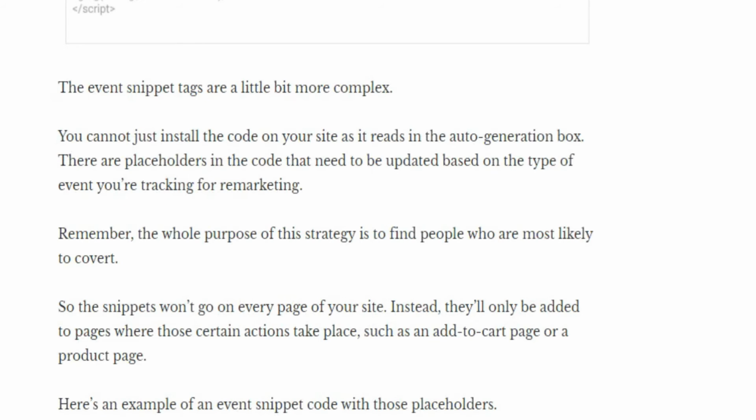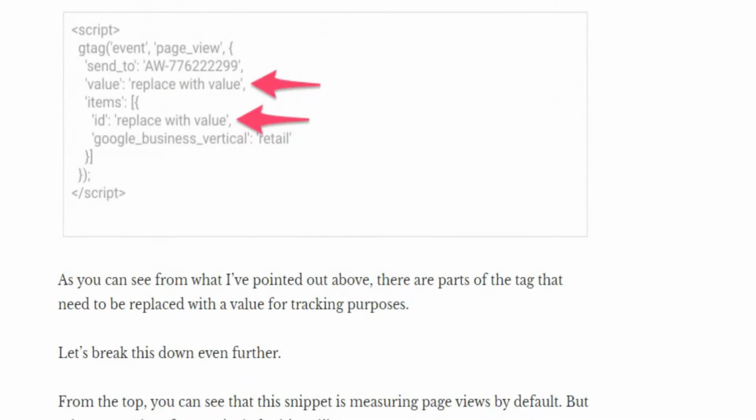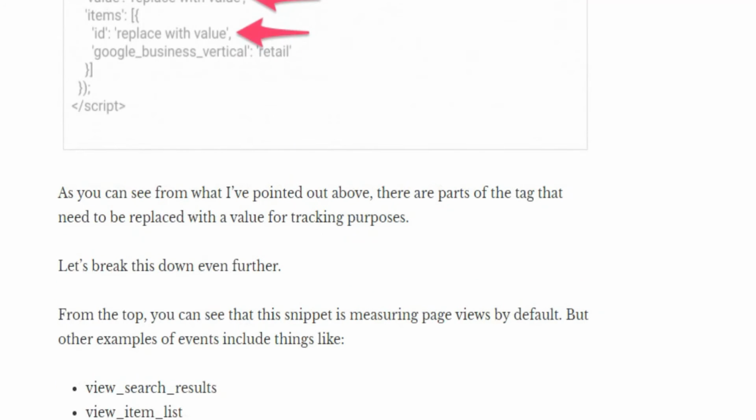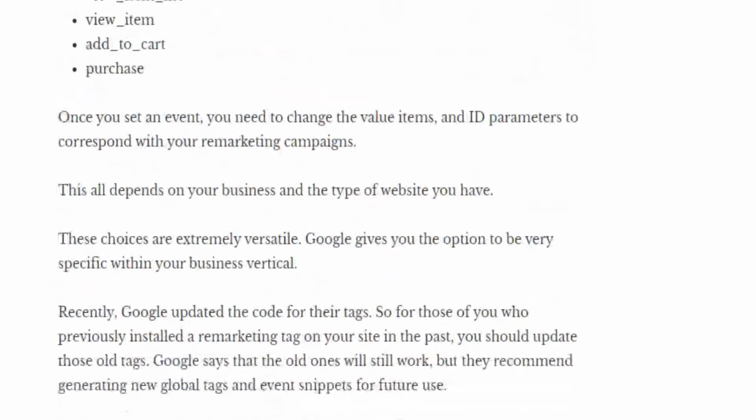You can't just install the code on your site as it is in the auto-generated box like this. As you can see from what I have pointed out above, there are three parts of the tag that need to be replaced with values for tracking purposes.